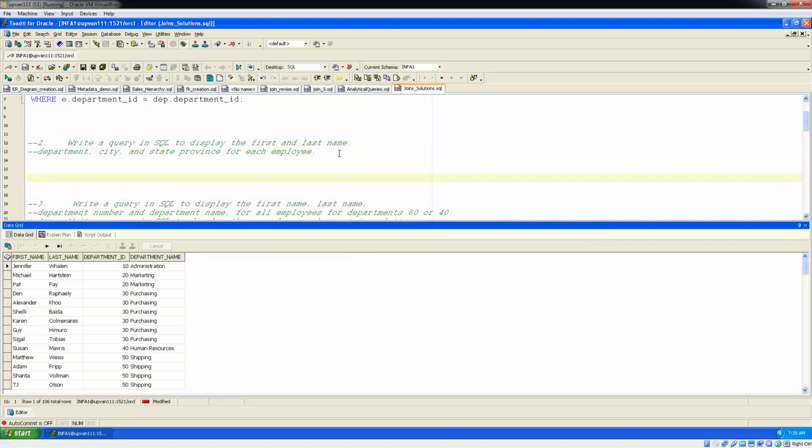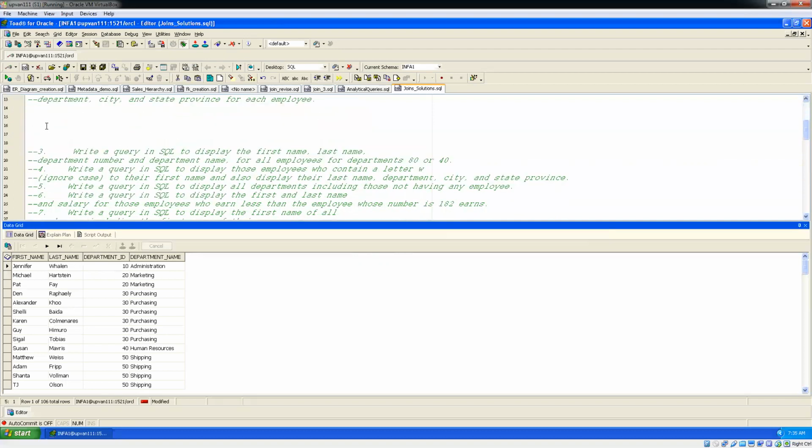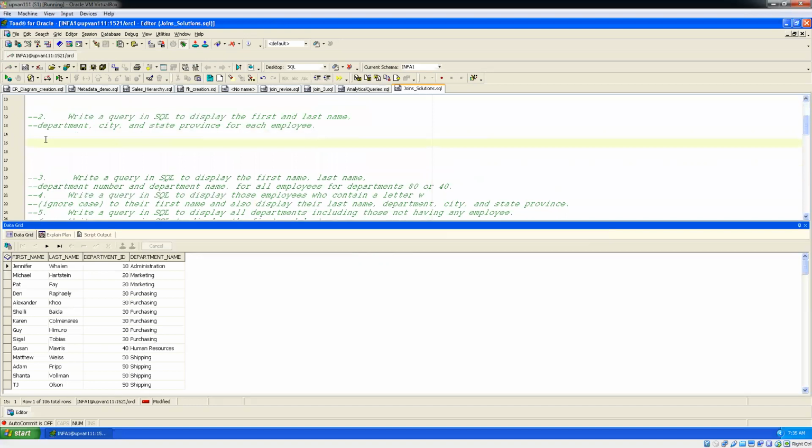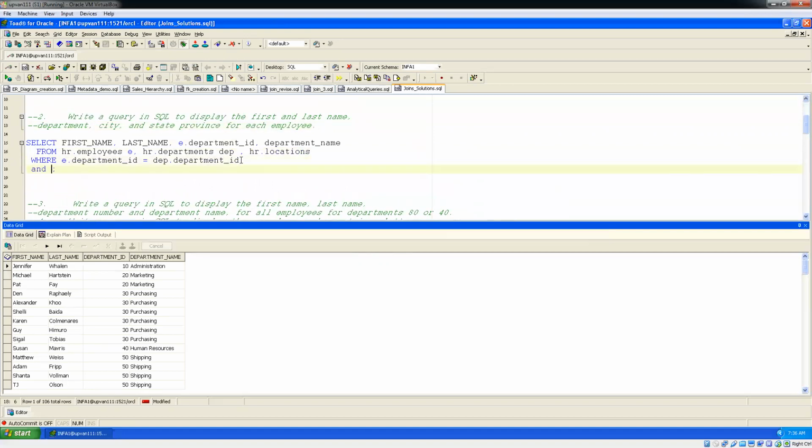Display first name, last name, department, city, and state province for each employee. Here there will be three tables. Correct. We need first name, last name, department name, city and state. Where do we have city and state? Location. Correct. So we need to join with locations as well. So dp.location ID